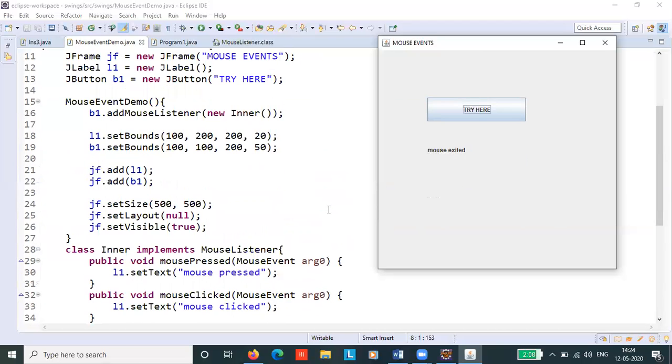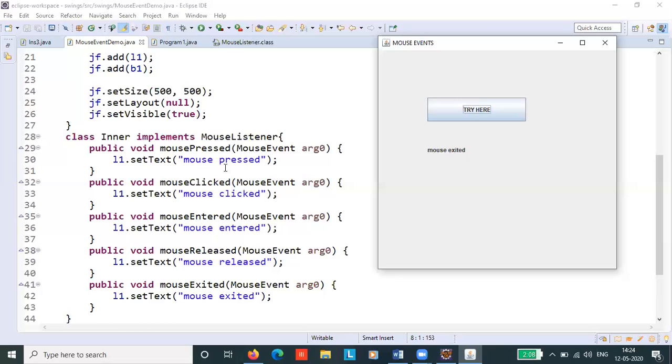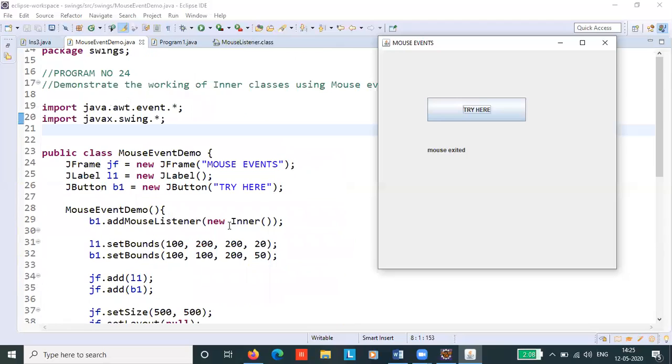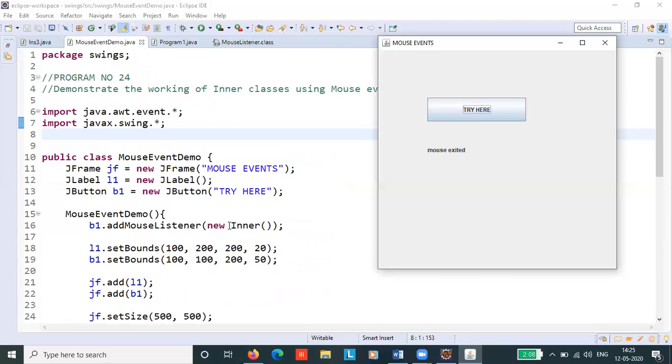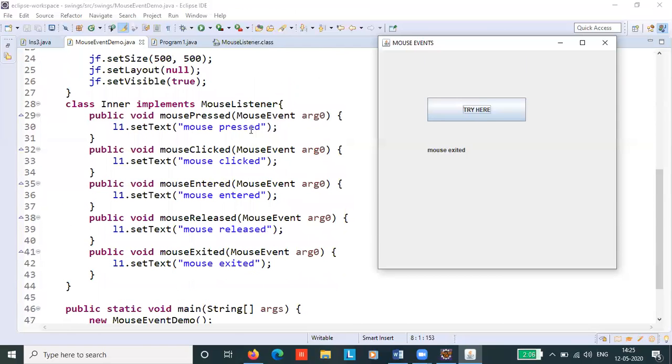So inner classes and adapter classes can be combined here if you don't want to implement all the 5 methods. But as this is a simple program to demonstrate the working of the mouse events with the inner classes, which is nothing but the nesting of classes, it is absolutely fine to define all the 5 methods present in the mouse listener interface.